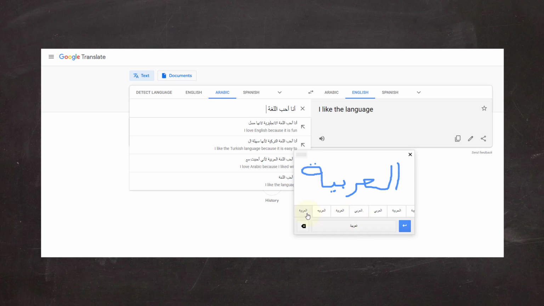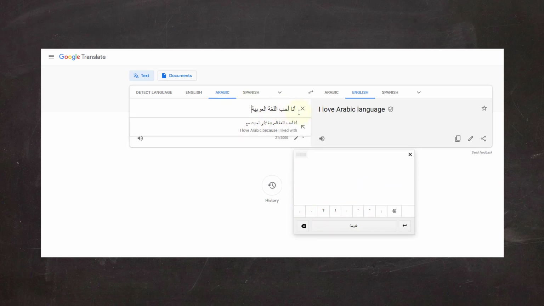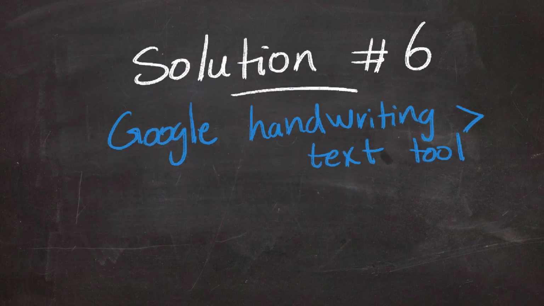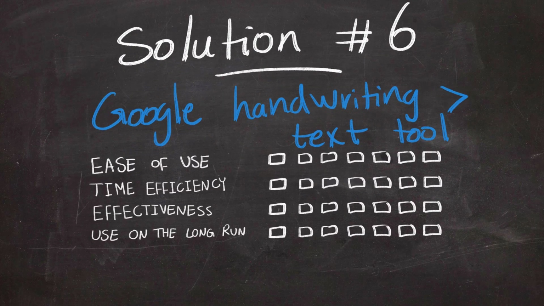And that's how we type this sentence. أنا أحب اللغة العربية. So this solution is pretty easy to use. It's not the easiest because you're going to have to be very good when it comes to using the mouse to type or kind of draw letters. It's going to cost a lot of time in order to get one sentence done, but it is pretty effective